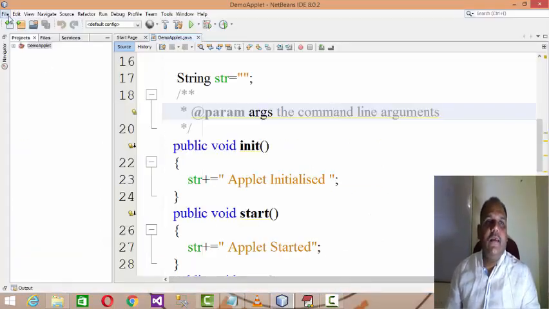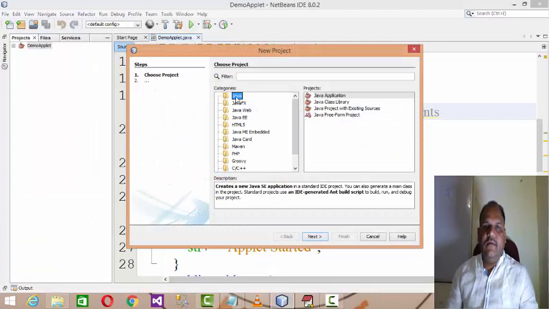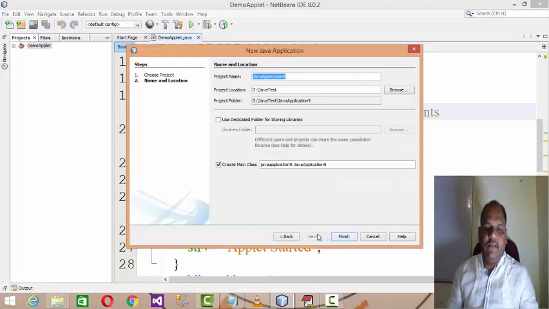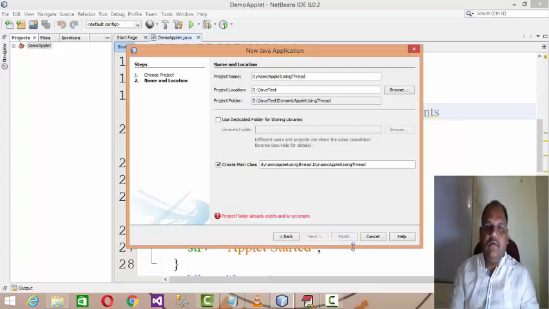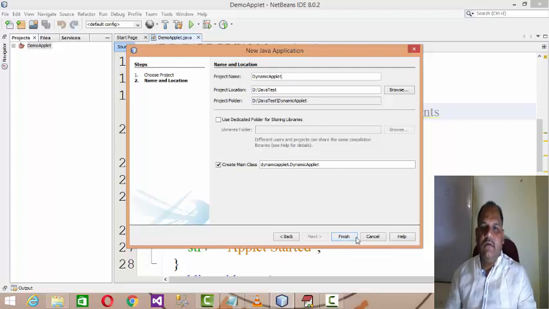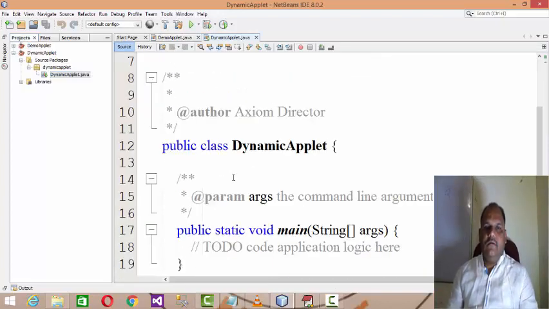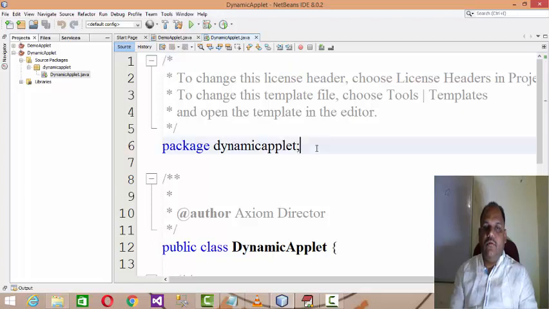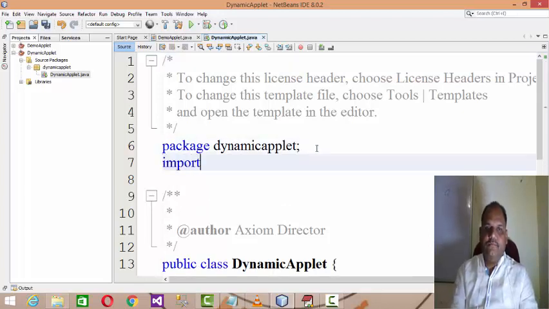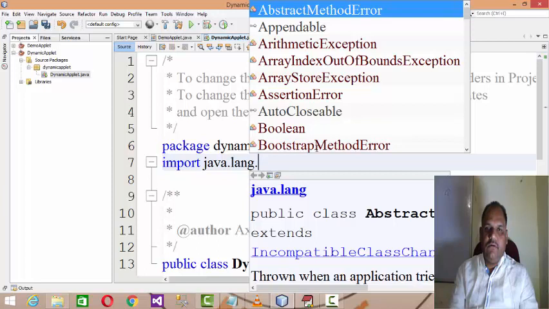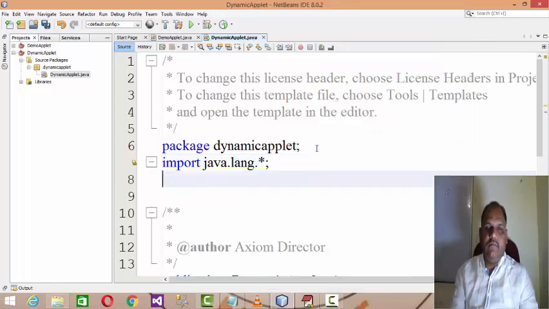In NetBeans, I am going to create a project in Java by the name of dynamic applet, maybe dynamic applet using thread. Here you have to give the import packages: import java.lang.*, because you are using threading logic.